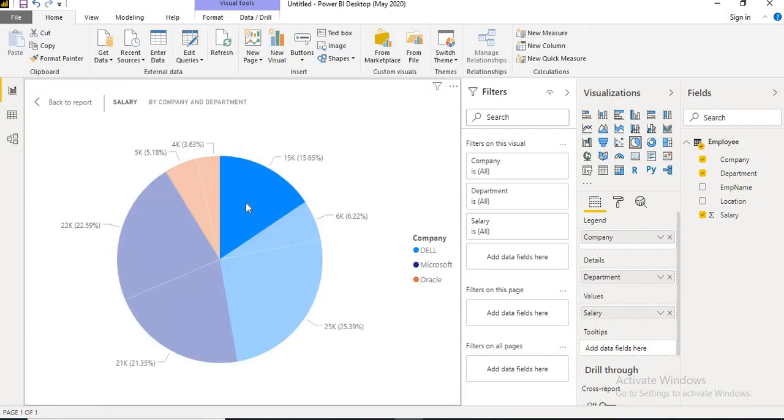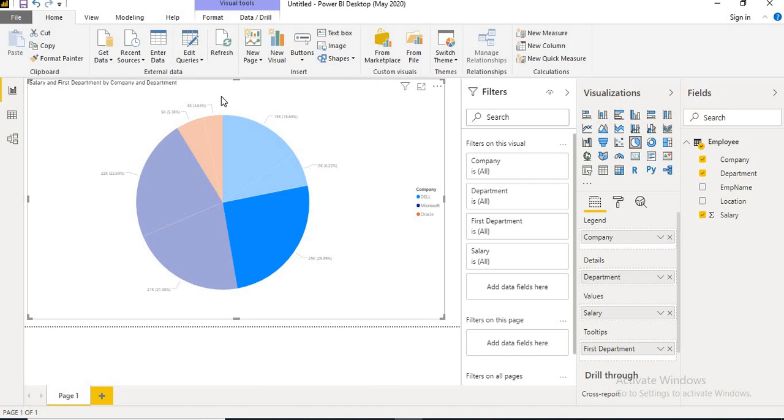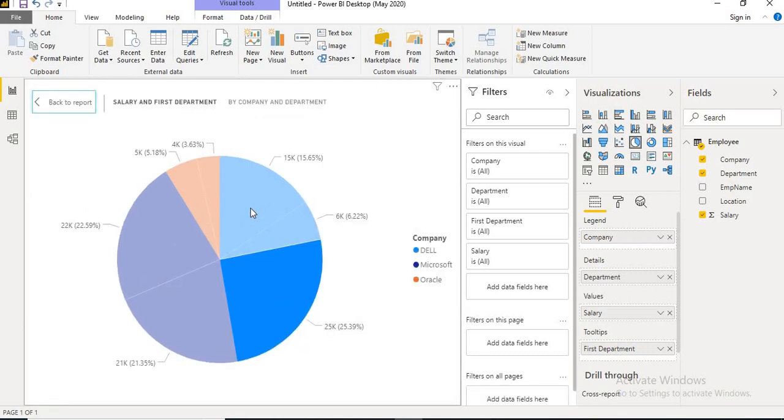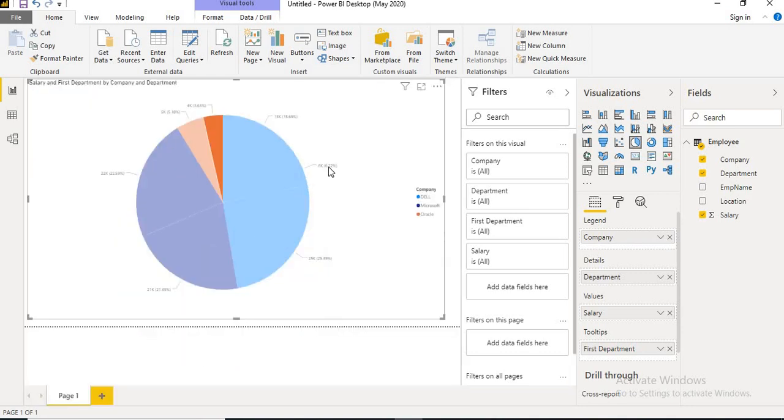You can see it highlighting whatever I click. If you want to display a tooltip, you can do it, so let's display a tooltip here as well. Now let's go to focus mode. Once you hover over it, you can see Dell admin, the first department, and Dell tech. Whenever you click on it, it highlights and dims the other sections. This is how we develop it and observe the output in various ways.